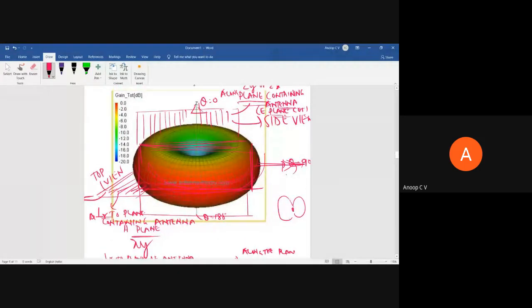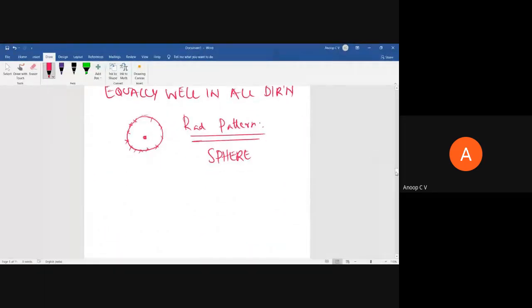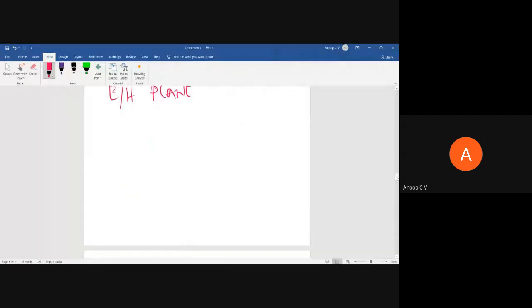In the case of a half-wave dipole, power radiated is more in the broadside, or theta equal to 90-degree direction, and less in this direction. But for an isotropic radiator, this will be a sphere, so everywhere it will be the same. Which means if you take any principal cuts, the E plane and H plane patterns will both be a circle. For all values of phi and theta, the radiation will be the same.